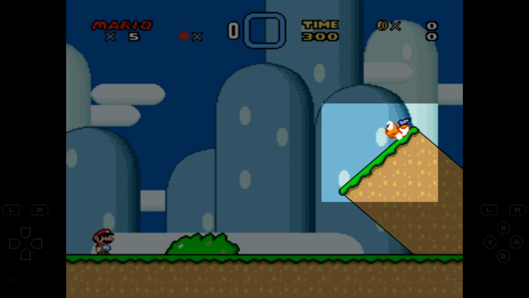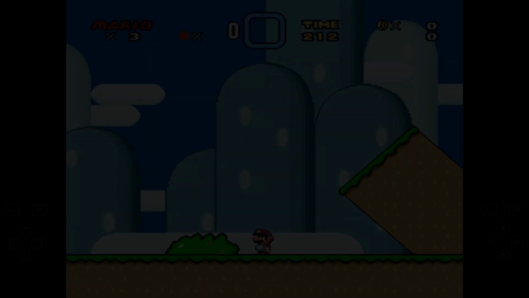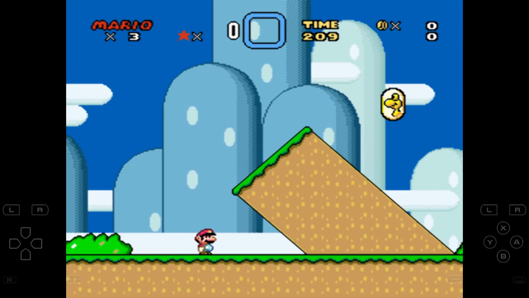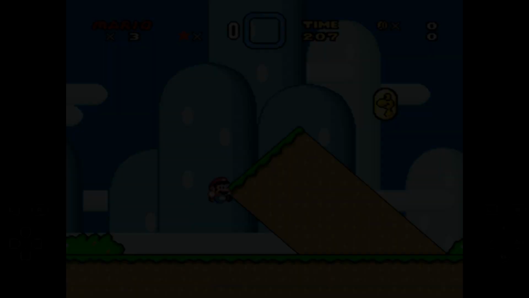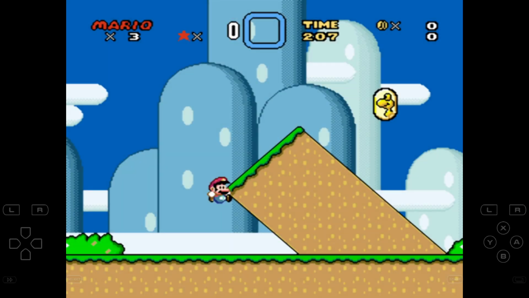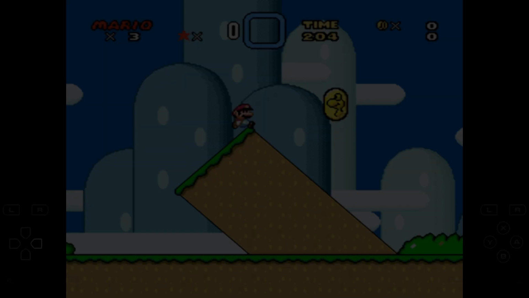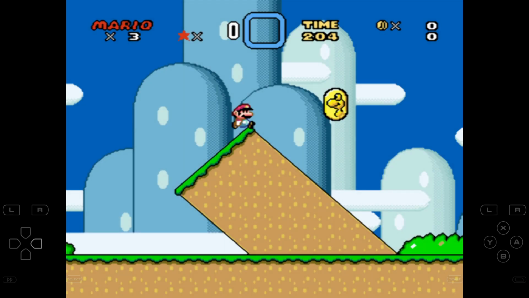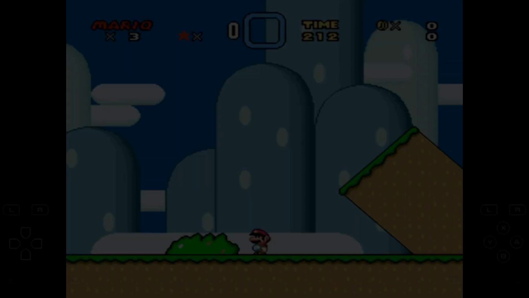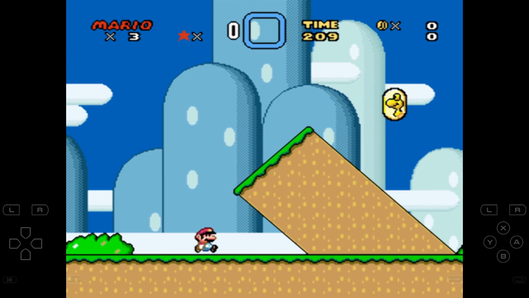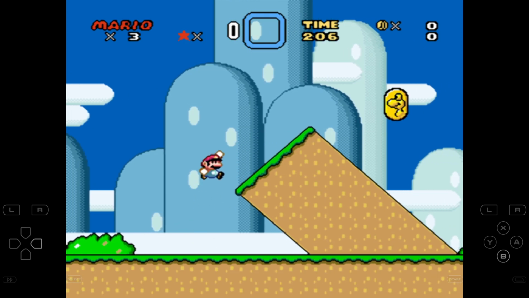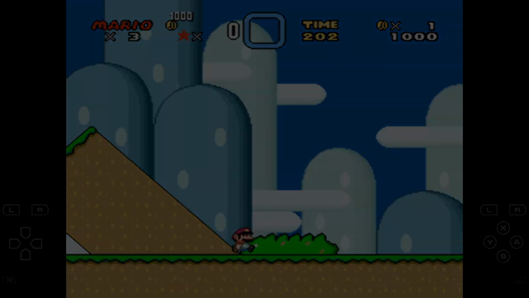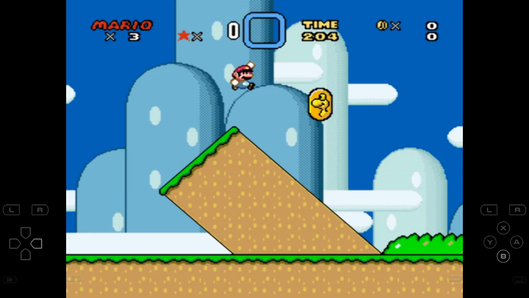If you try jumping up onto the sloped platform where the enemy slid down from the start of the level, you will notice something else interesting that happens. Mario slides off the slope if you don't press any buttons. This is a sense of gravity and physics that has come into play. In order to climb that slope and reach the special coin at the top of it, you have to continue to move Mario to the right after landing on the slope platform to counteract its tendency to make Mario fall back down. If you have Mario jump at the height of the slope, you can collect the special coin,